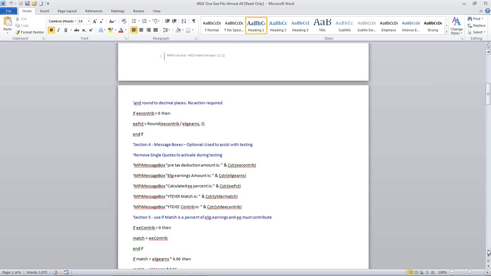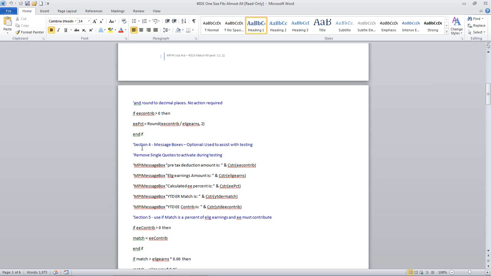So regardless if this is needed or not down the end, you just leave it in here. And basically what it's doing behind the scenes is looking at the employee's contribution, dividing it into eligible earnings, and rounding it off to 2 positions, and it's coming up with a number like 0.04, 0.05, and it's saying what their percentage is. On this employee's deduction screen, it will say the number 5 or 4 or 6.5 or something like that, and here it will be the decimal equivalent of 0.05, 0.04, etc. And later on, it may or may not be used.